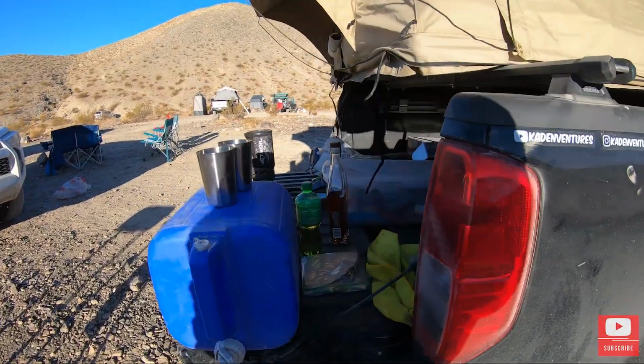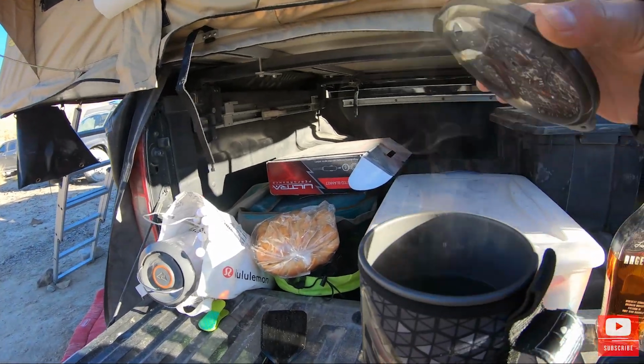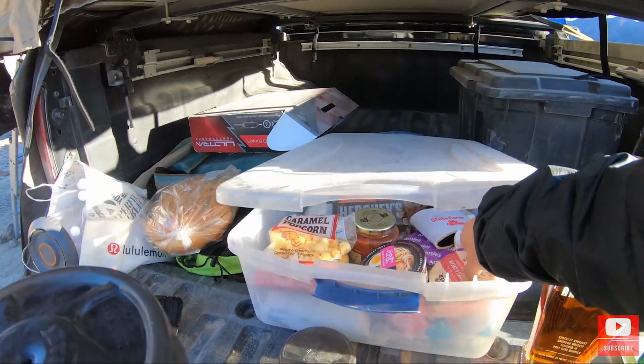Simple this morning, just gonna do some oatmeal. Finally got the hot water boiling, because everything was frozen this morning. And we're just gonna do